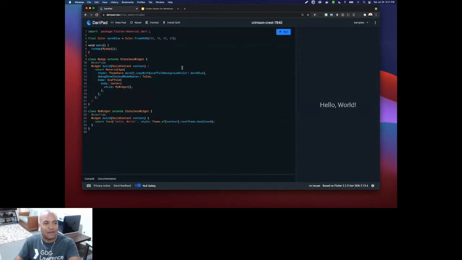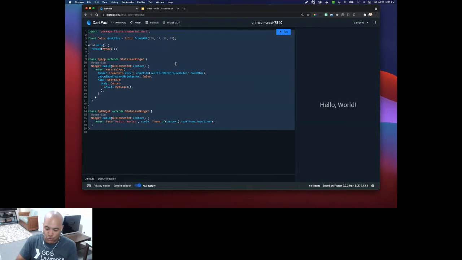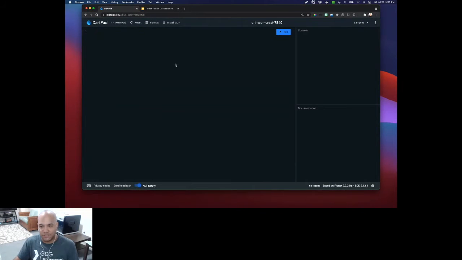For example, the first thing that I would ask you to do is clean the DartPad environment. Like the first thing you do, clean everything, completely erase it. You don't need any of that because that's the boilerplate code. So now let's go to step number 4, where I tell you to import the material Dart library, which is